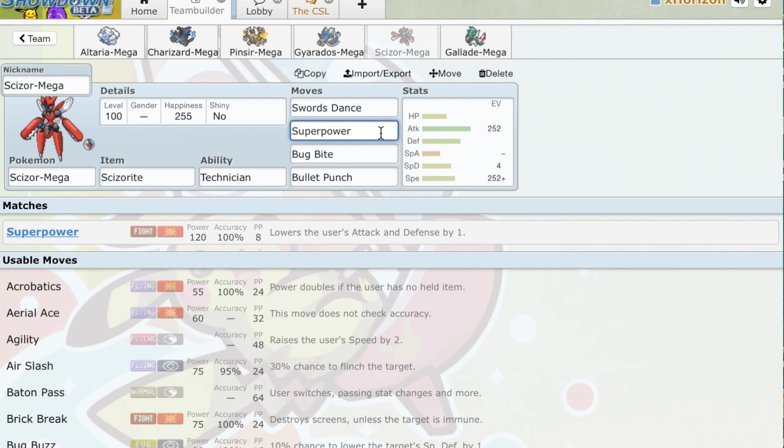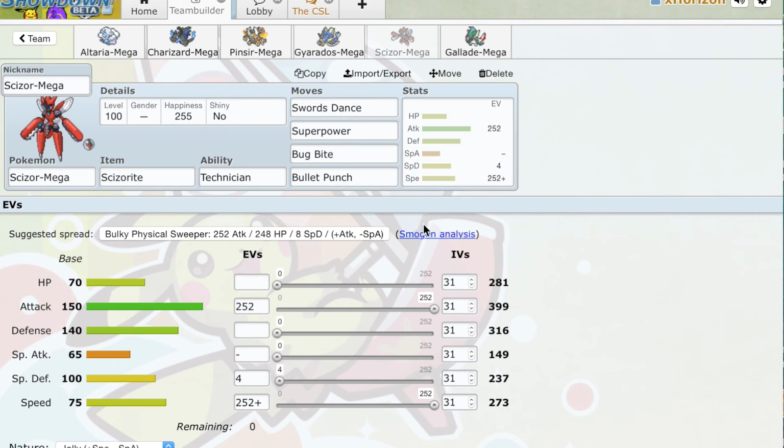SD boosts your attack to really great levels, which is already pretty awesome. And Bullet Punch gives you great priority, which is what Scizor is known for anyways, that strong Bullet Punch. Moving on,